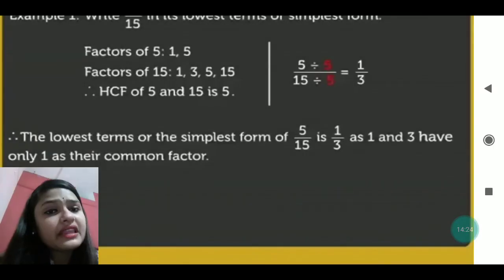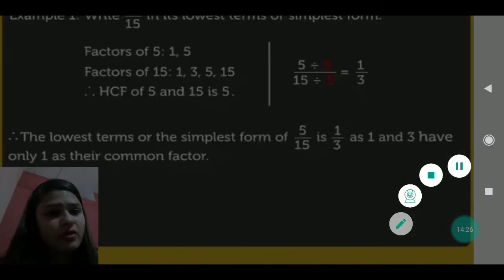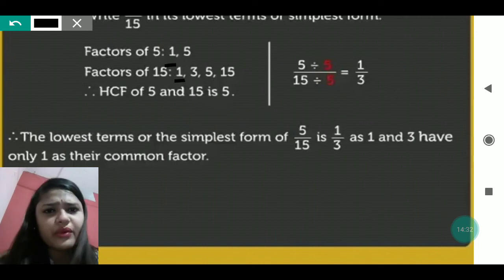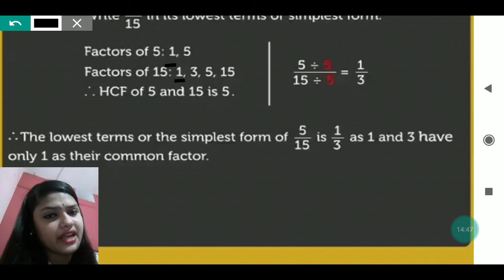So for converting that number into the highest common factor, HCF, as we know, 1 is one of the common factors in them. But if we divide 15 and 5 by 1, then we will get the same number as it is, isn't it? Because we already know the property of division that if any number is divided by itself, we get the number itself.